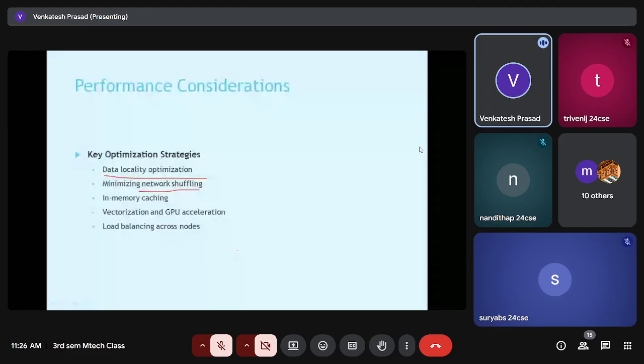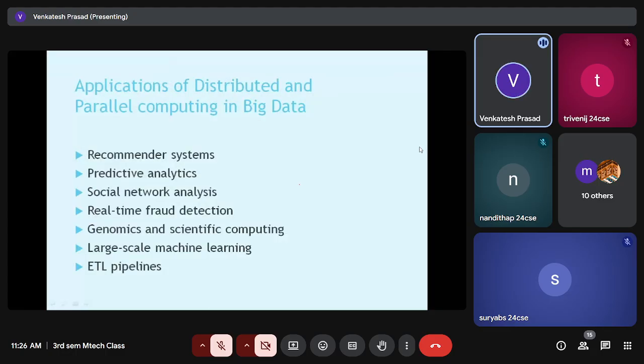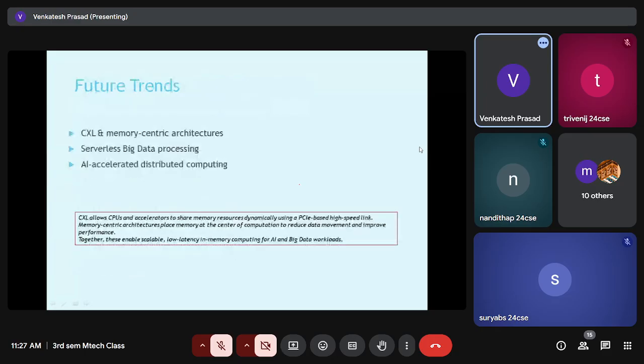load balancing, everything. So you don't want to load up one set of nodes or a single node. So load distribution, load balancing is extremely important. Okay. So various applications you can read up. Then this ETL pipeline is also shown here. The extract, transform, and load. Then there is